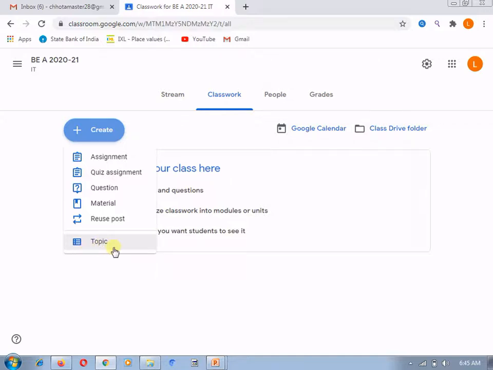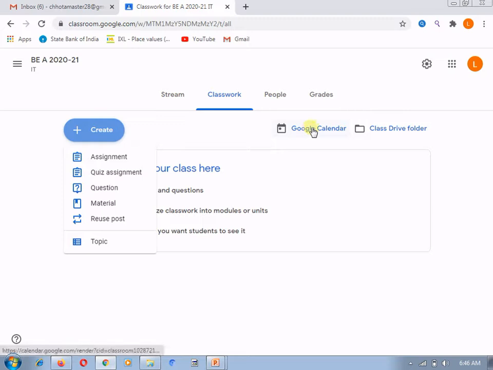These topics you can use as per your SPPU syllabus, that is unit 1, unit 2, and you can divide your material with these different topics. If you want to prepare subtopics, then also you can use the topic option from the create tab.